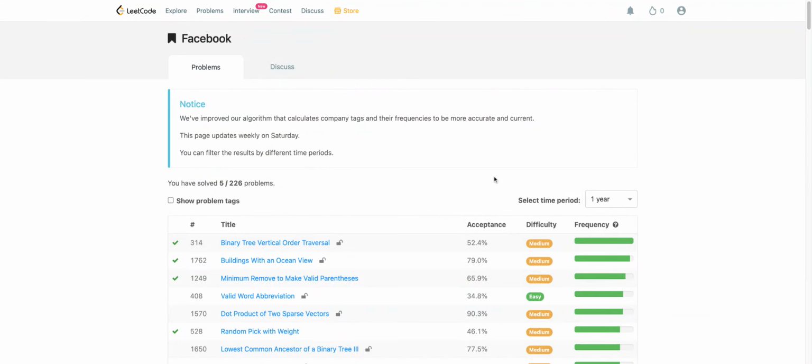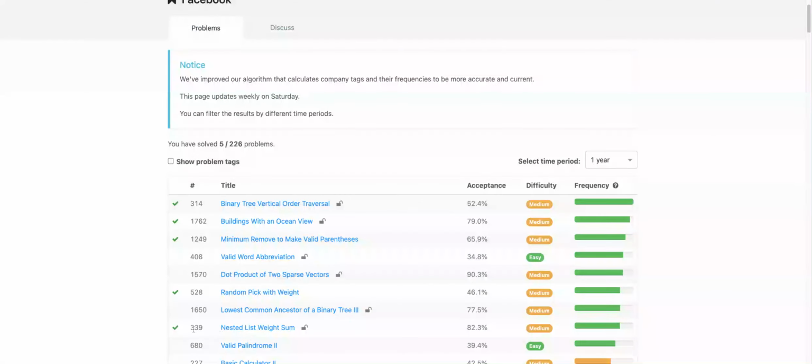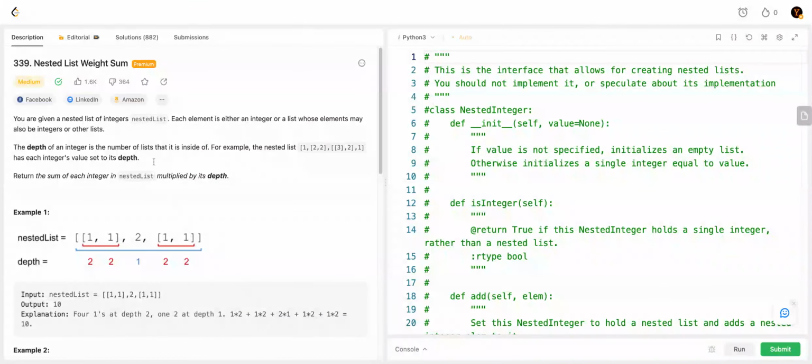Okay, guys, so today let's work on another coding question that can be asked during Facebook interviews, which is the 339 nested list with sum. For this question, you're going to be given a nested list of integers, which is called nested list,